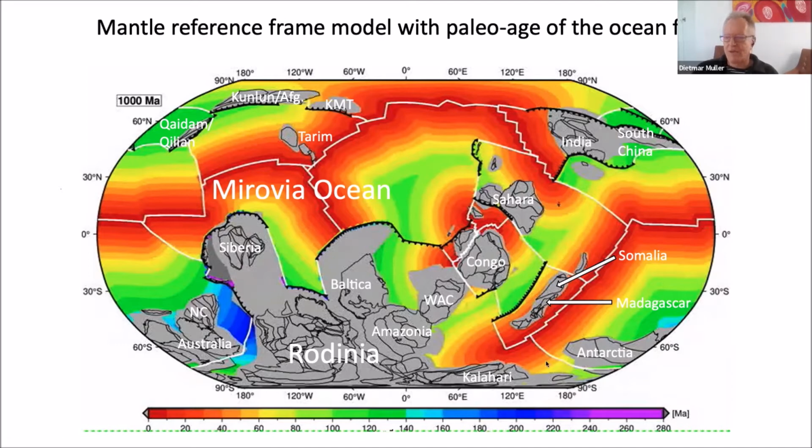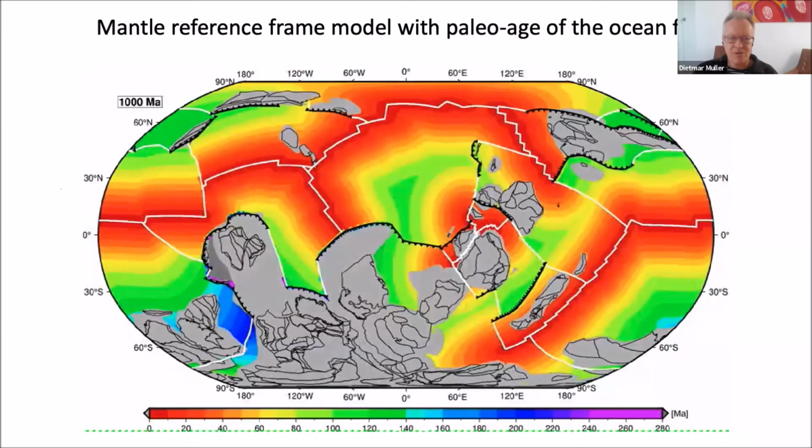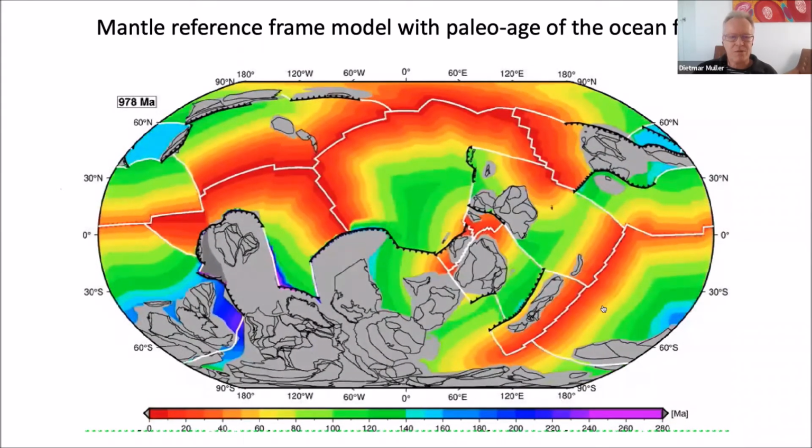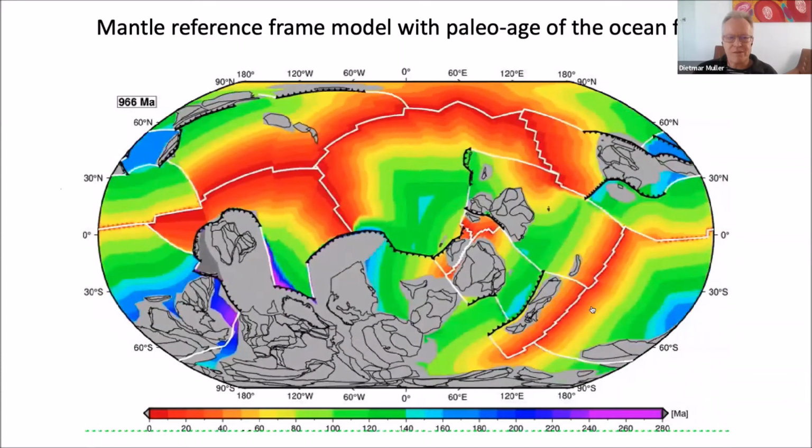Okay. And so, keep in mind the names of these various bits and pieces of Rodinia, as they're not going to be shown on the animation. So let's move ahead and actually look at this through time. Initially, this video shows a period of Rodinia stability, followed by breakup via the formation of the Alamastor Ocean,